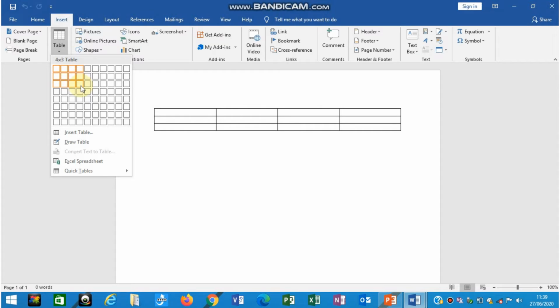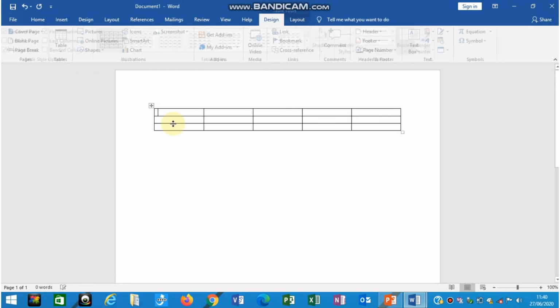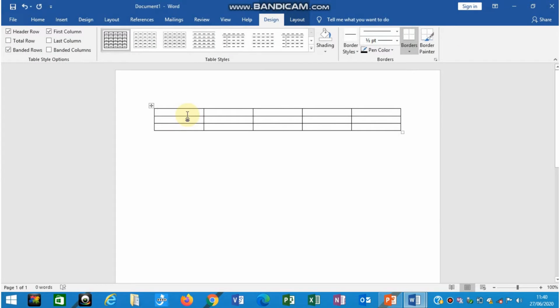On this blank document you can see that a table has been created with 4 columns and 3 rows. If we want 5 columns instead, we can increase or decrease by using the mouse pointer. And if we click on that, the table is created.